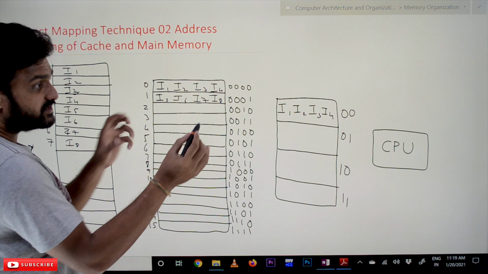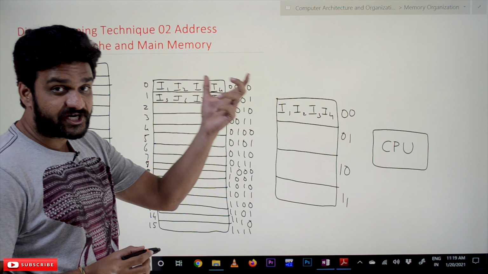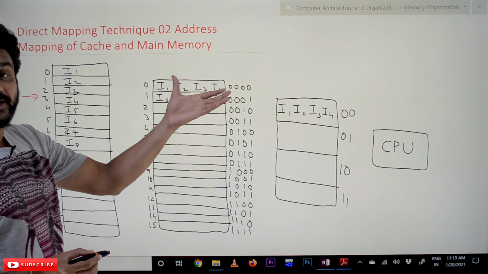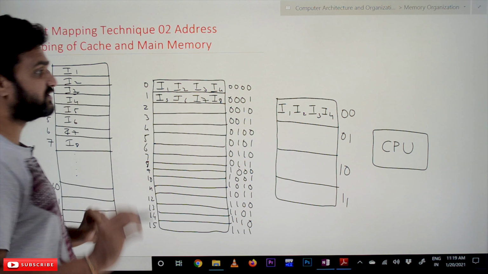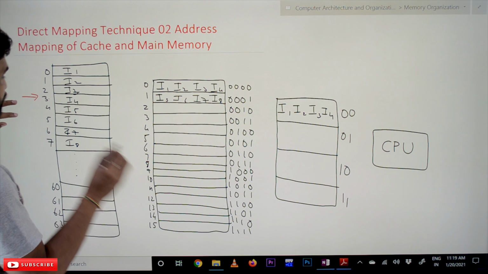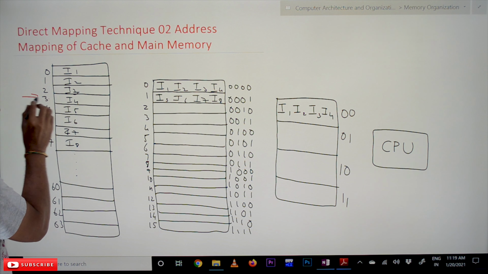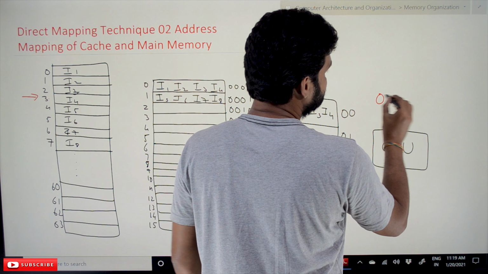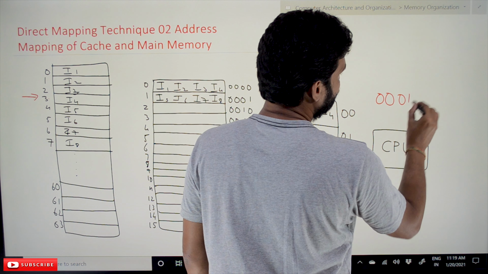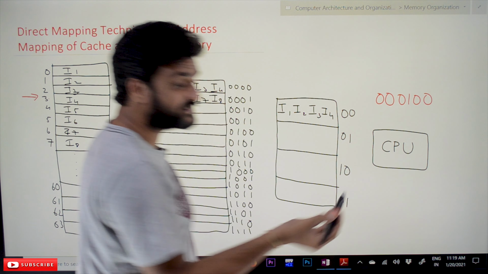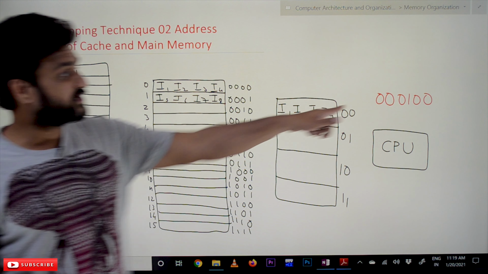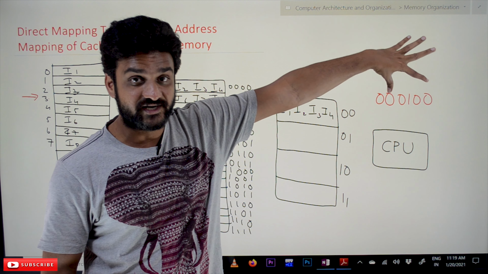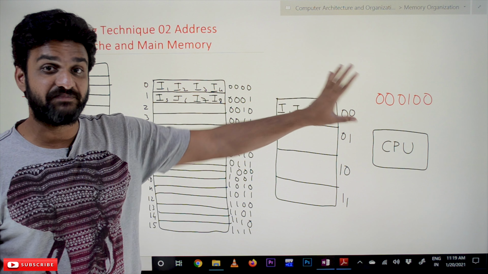Here, the 6-bit address generated by the CPU has to be mapped to the logical address of the block number. So how is that mapping done? We are executing instruction 4, which is located at memory location 3. The program counter is going to hold the 6-bit address with the value 4, because the next instruction that has to be executed is located at address 4. This is a 6-bit address generated by the CPU.